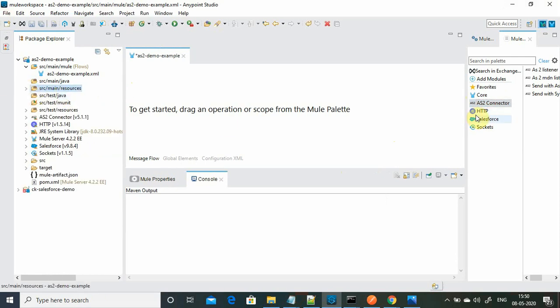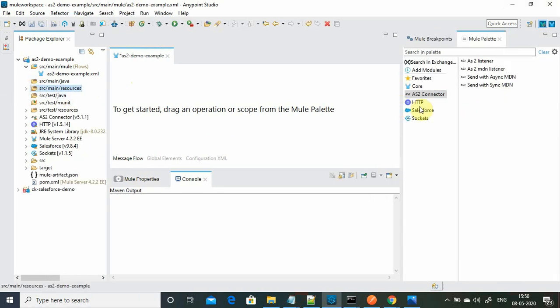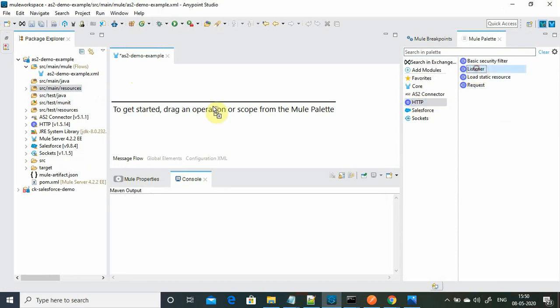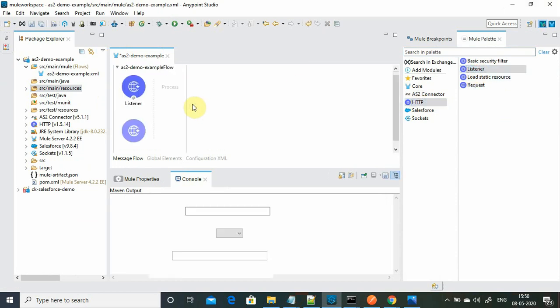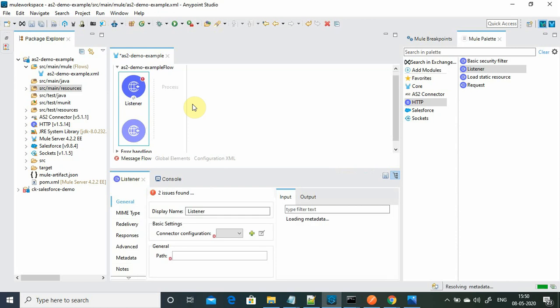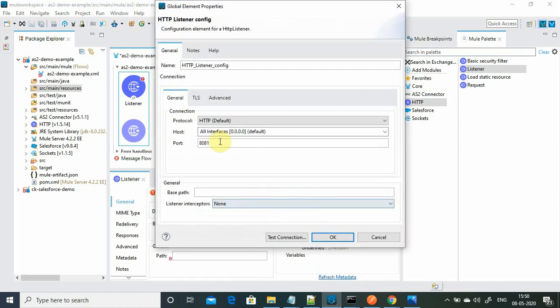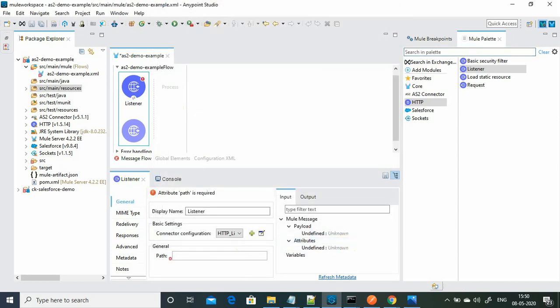Now next thing, we will drag and drop an HTTP listener first, where we can send the request. For this demo, we are not going to use HTTPS. I have already published some videos on how you can achieve HTTPS, one-way SSL and all those things, so you can go through that. I will do the connector configuration. I will click on this plus sign. I can change the port to 8084, you can keep 8081 also. And I will say test.